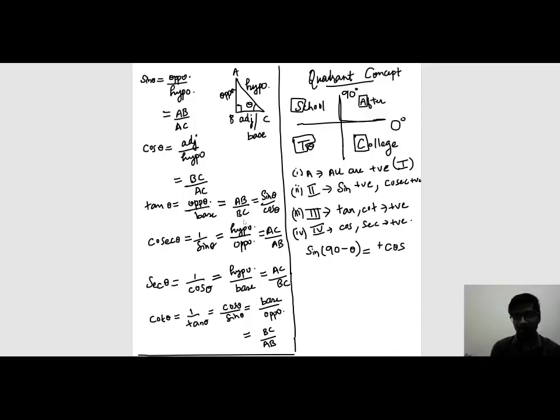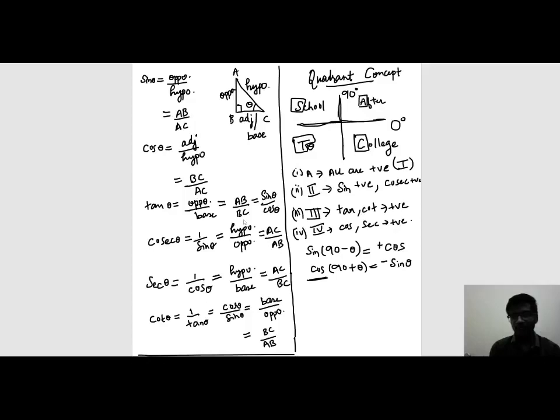But let me tell you one example of cos of 90 plus theta. In this case, look where it will lie. It will lie in the second quadrant, because from 90 degrees, adding anything we will reach the second quadrant, right? So in that case, the complementary of cos is sine, so that will be sine theta. And in the second quadrant, what will be the sign of cos? We have to check the sign of the first term, not the last term. So what will be the sign of the first term in the second quadrant? It will be negative, right? So we'll get a negative here.